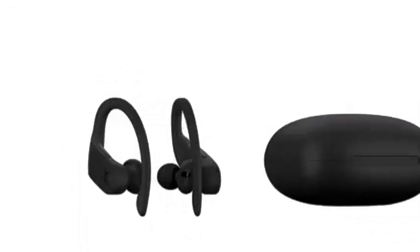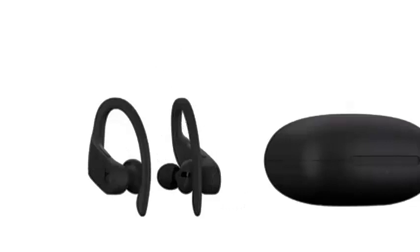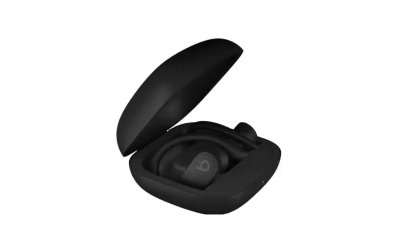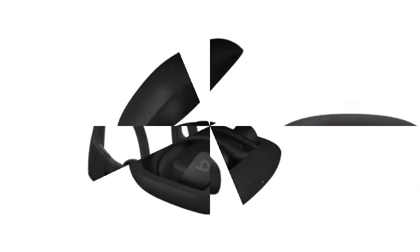The new headphones look similar to the existing Powerbeats, minus the cable that connects them. In particular, the Powerbeats would bring a new form factor to Apple's truly wireless headphone line, which offers adjustable ear tips and over-the-ears clips for a more customizable fit than the one-size AirPod. And just like the AirPods, the new Powerbeats Pro will come with a charging case that will presumably recharge your